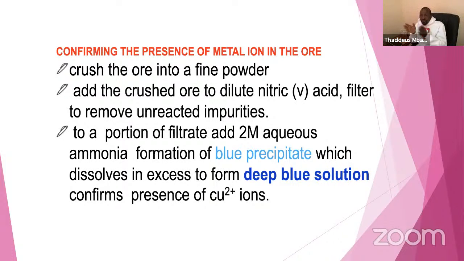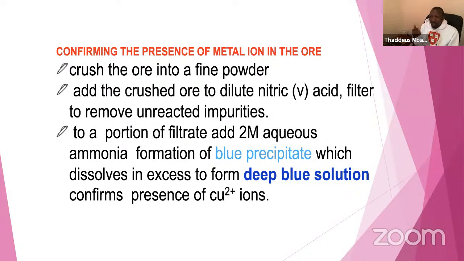Now, to differentiate them, you see, green is also the color of iron. So to differentiate it, that's why you crush it. You add dilute acid to free the ions. You cannot test for cations when you're using a solid. You have to make them ions. You have to make them a solution, so that now the ions are free. Then from there, you can add the